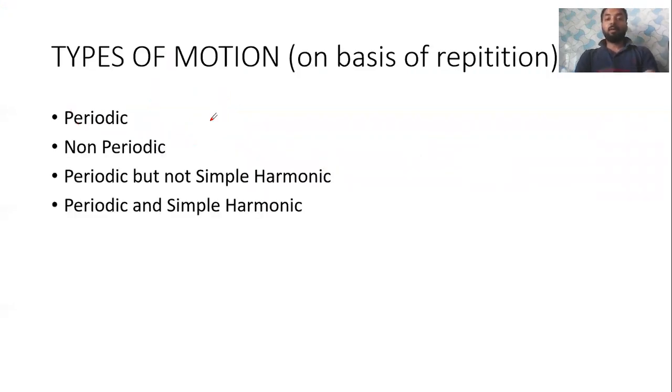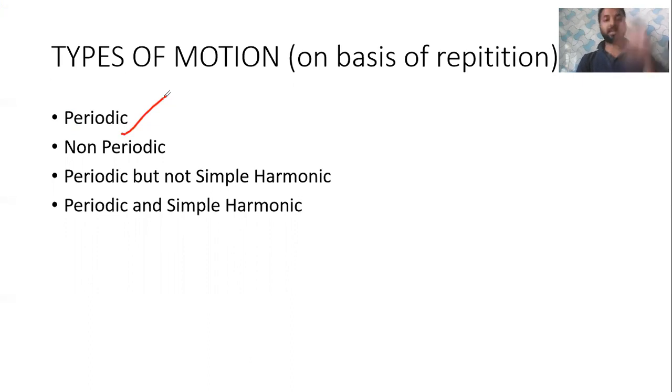Now, on the basis of repetition, there are four kinds of motion. Like I initially told you in the previous classes that there are several kinds of motion like translational, rotational, vibrational. But on the basis of repetition, there are four kinds of motion. The first one is periodic motion. What is periodic motion? Any motion that repeats itself after a certain interval of time is called periodic motion,